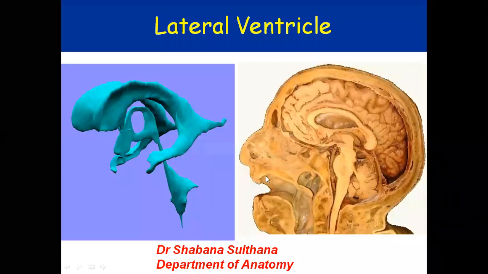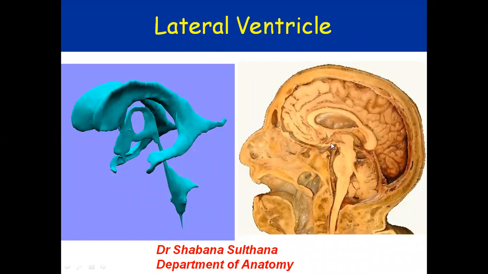Good morning, dear students. We are going to discuss the lateral ventricle today. In this picture, you can see the mid-sagittal section of the head and neck region, where the section has been taken showing the medial surface of the cerebrum. As we have already done with the cerebrum, I hope you can identify this medial surface, where you will see the falx cerebri. That is the fold of dura mater which indents itself to divide the two cerebral hemispheres.